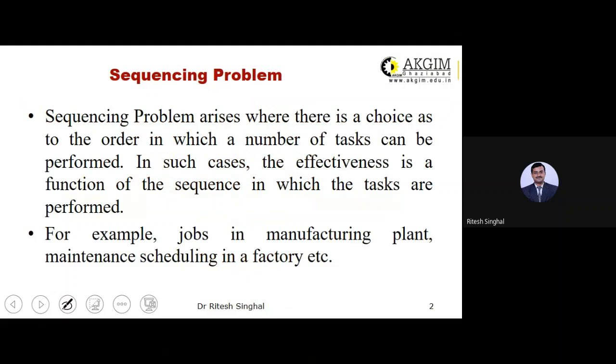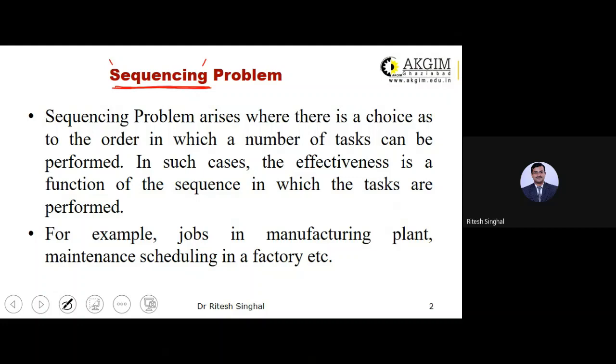Students, the term sequencing means that when you are going to arrange some jobs in some meaningful sequence so that the total time taken by all the jobs is minimum.